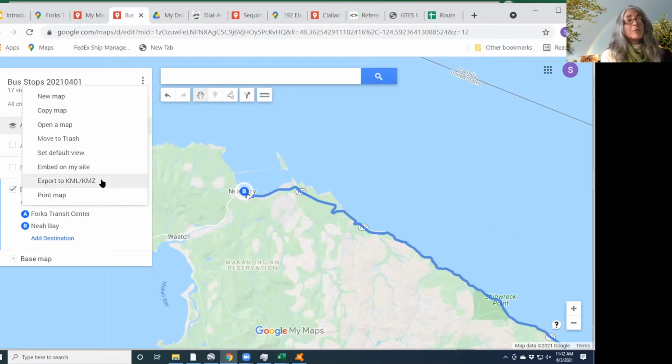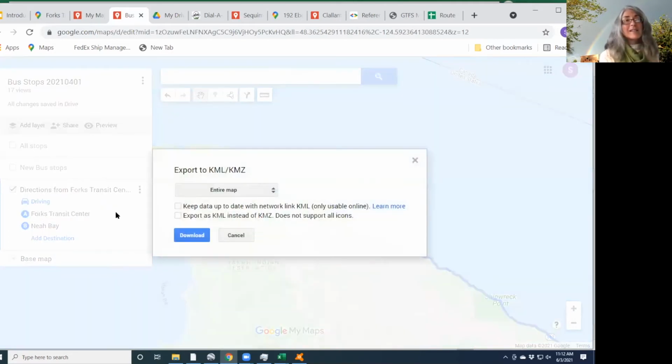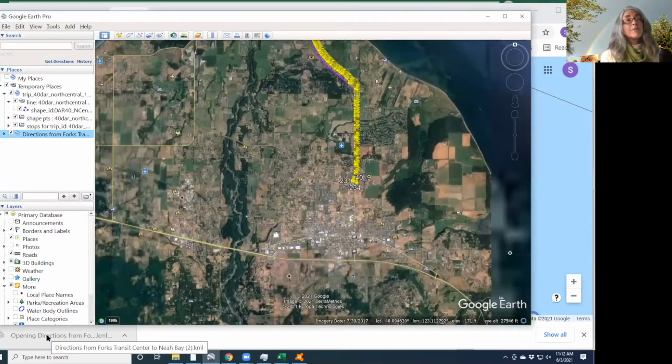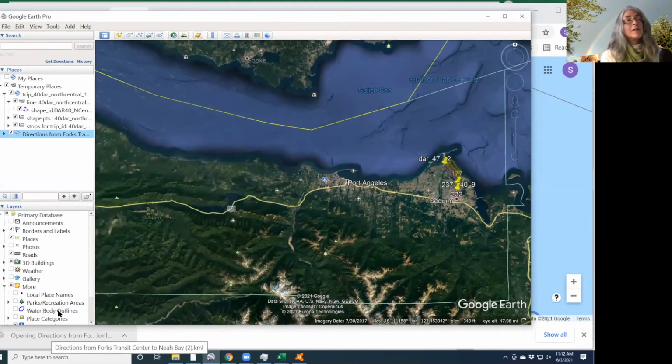If you have multiple layers, you're going to want to select the layer that you're working with. And you choose that we don't need any extra icons and features, just export the KML file and we say download. We're now going to take this information and drop it into Google Earth, where we have some functionality of